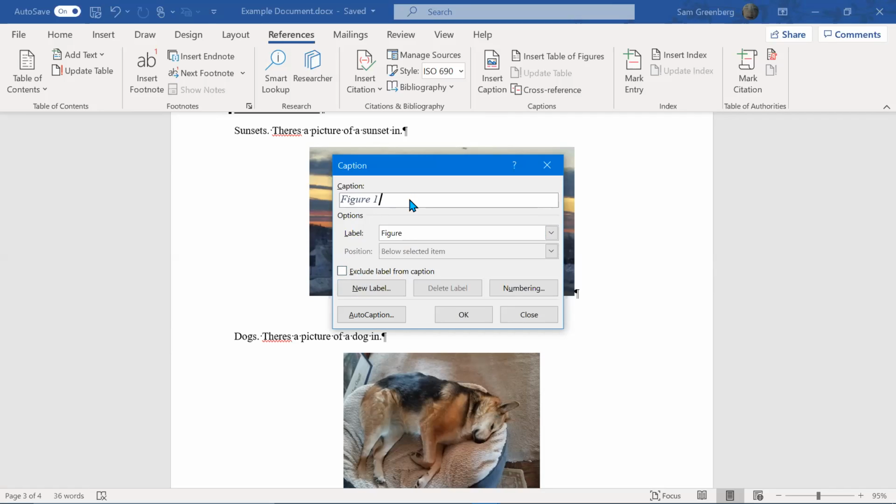We're going to do figure, and then again, you can do a space and a hyphen, or a colon, or a period. It's really just stay consistent. My personal preference is to use the colon. So we're going to do figure 1, and this was our picture of a sunset, and it automatically adds the 1. And we're going to hit OK,